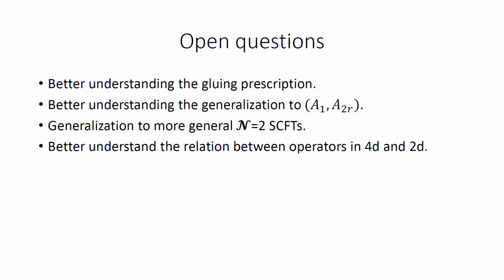So if I understood this wrong, for these general A1, A2R theories, would the statement be that the functions that are involved, the clues that are involved, you read off from studying the H moduli space at finite R, and then looking at what possible points you get where you're getting the effective